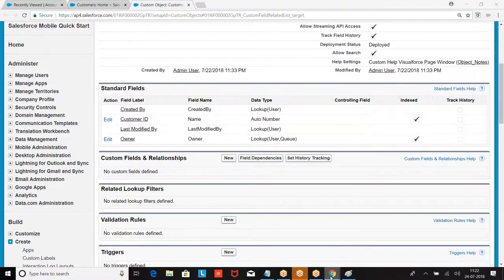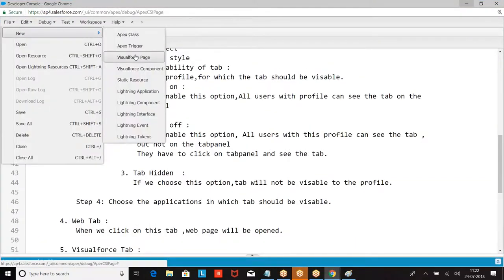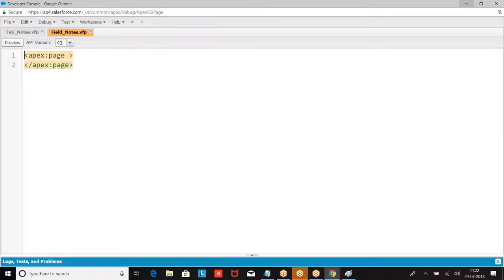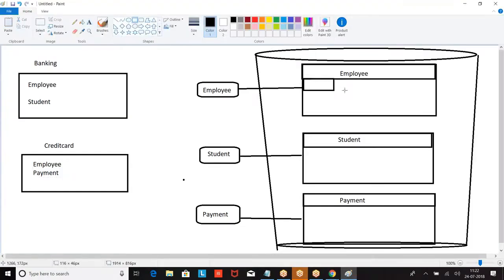So look at the concept. Fields. Right. So what is a field? We have a table. In the table we have columns.